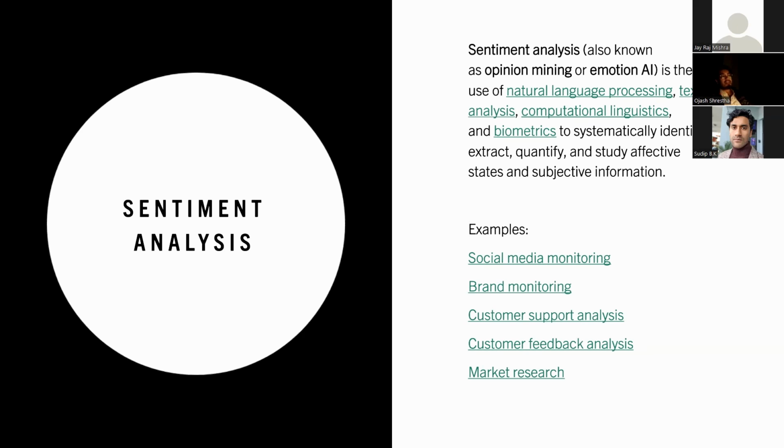So regarding sentiment analysis, as the word itself says, it's more about using NLP, text analysis and biometrics to understand what the sentiments of people are, right? So, for example, you can take Twitter. In Twitter, there are thousands of tweets people are pushing every single day, and we are actually implementing a machine learning model to analyze how we can extract the sentiment from these texts.